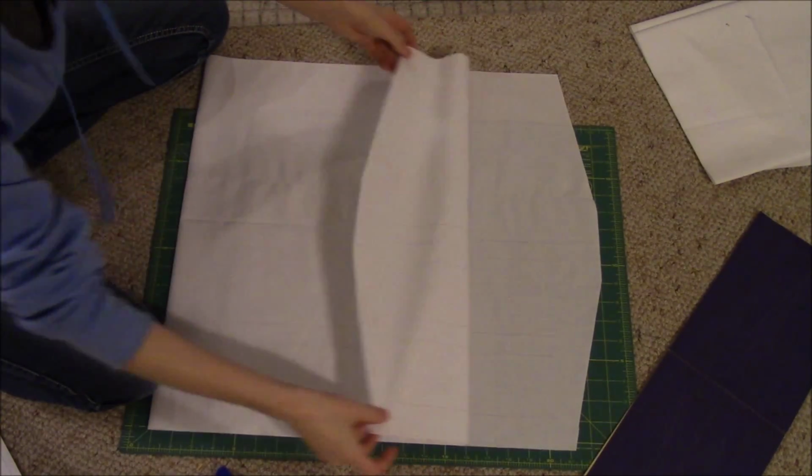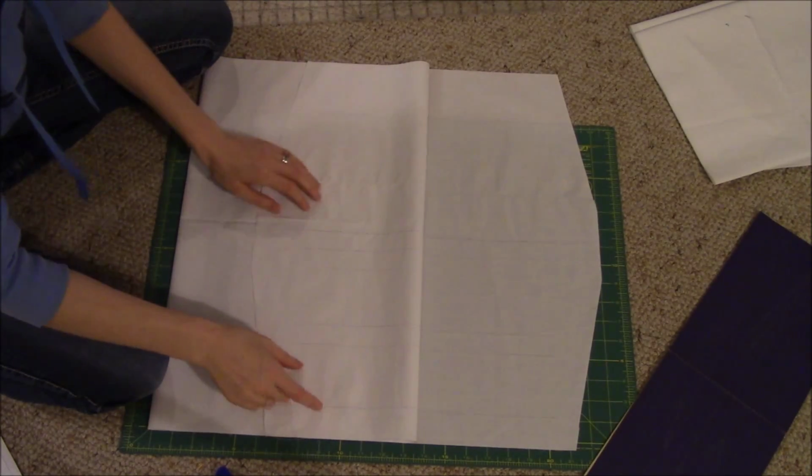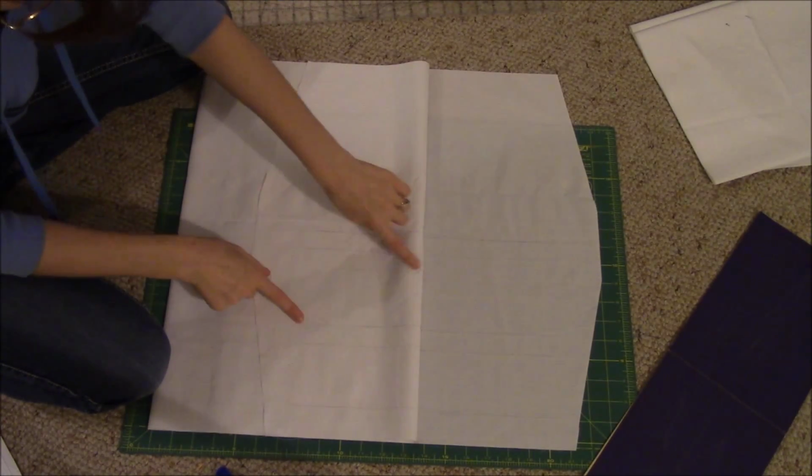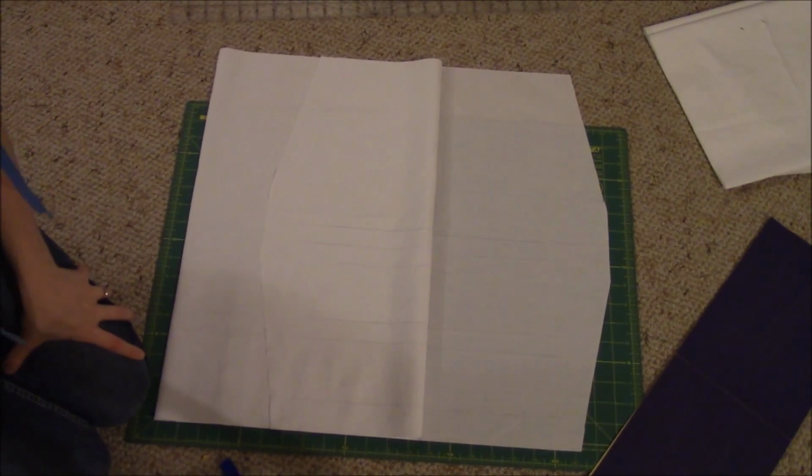Fold this back and you'll probably see, I don't know, you probably can't see, but my lines are right here. Oh, zoom in a bit for you guys. See, there's my lines. You'll notice that they don't come all the way to the end. When you solve that problem,